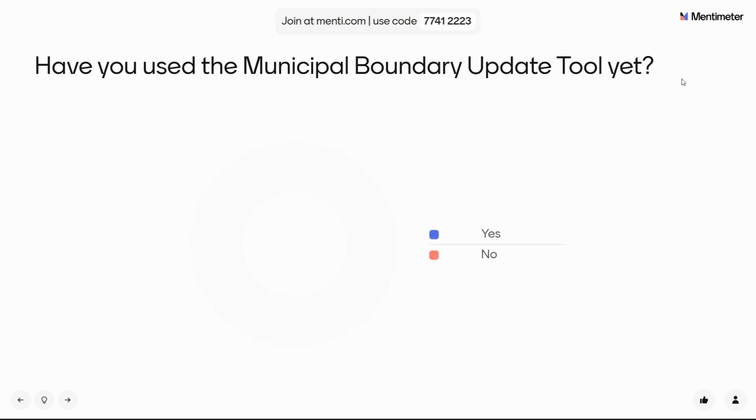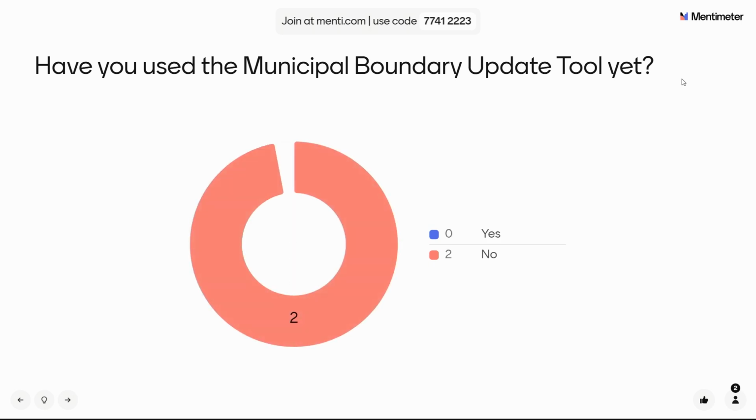Everybody raise your hand if you've used the municipal boundary update tool yet. Okay, cool. Thank you. So, for those folks, I'm looking at you now. Questions for you. Was it god-awful? Was it a pretty easy process? Was it confusing to you? Was it intuitive at all? How was your experience? Okay. Well, stick with us as you go through this. If there are ways that we can make it better, we want to hear about it.